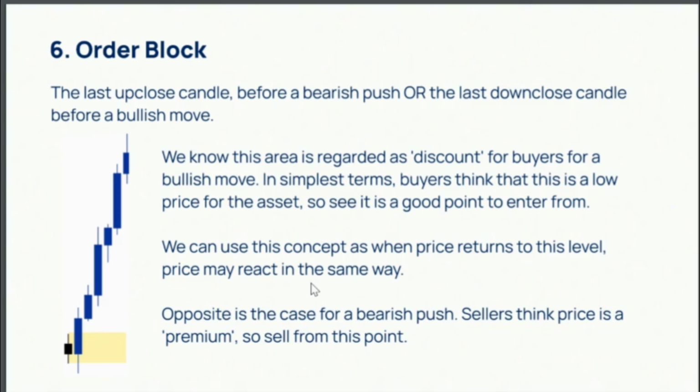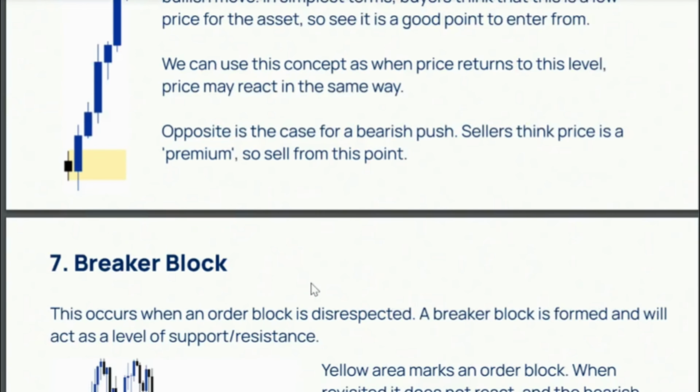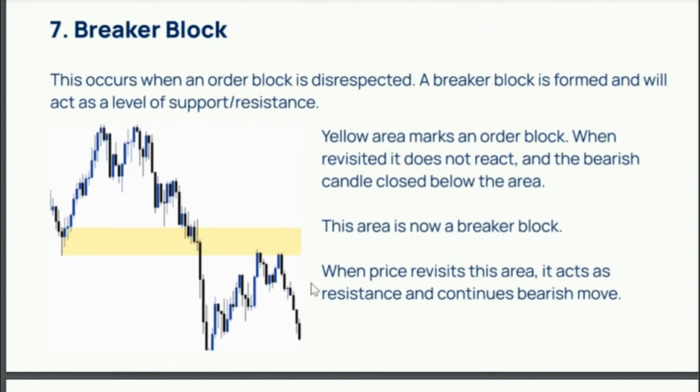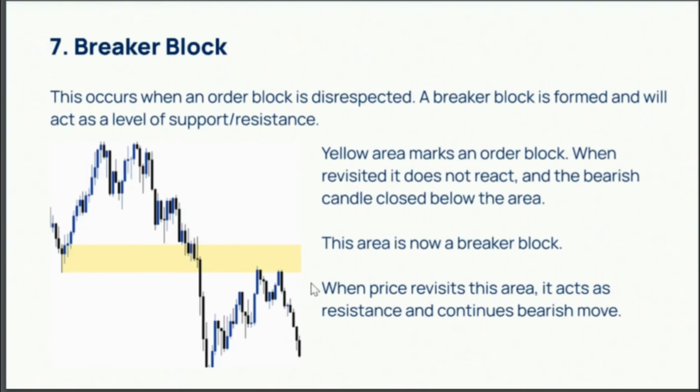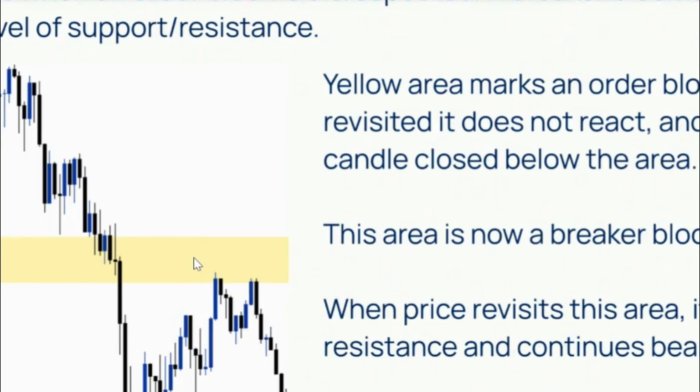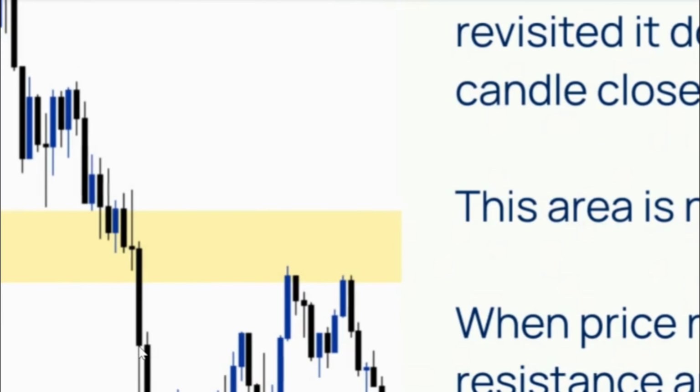It's the idea of sometimes price is a discount, sometimes price is a premium. So when price revisits these zones, price is quite likely to react in the same way. A breakup block is slightly different, and it's, as I've talked about before, a disrespect. So as you can see on the left-hand side here, we'll have an order block, and it's this area if we're moving across. But instead of reacting to the order block, price ignored it, and the candle has finished below